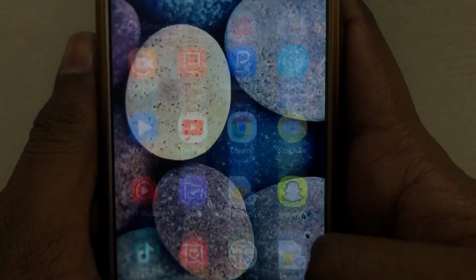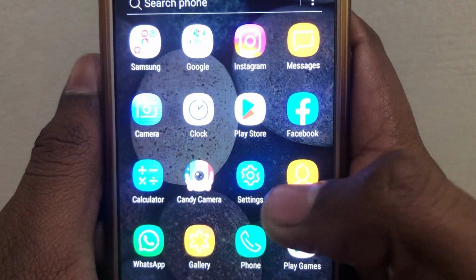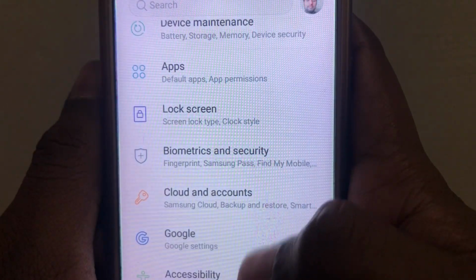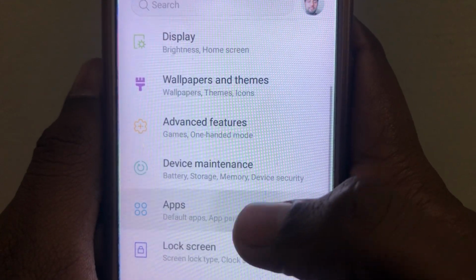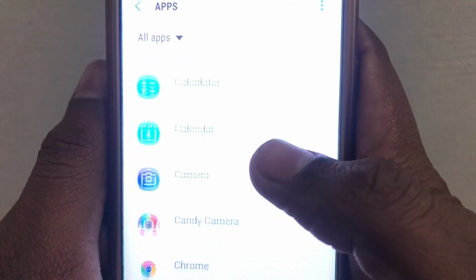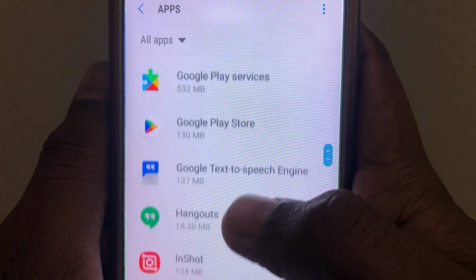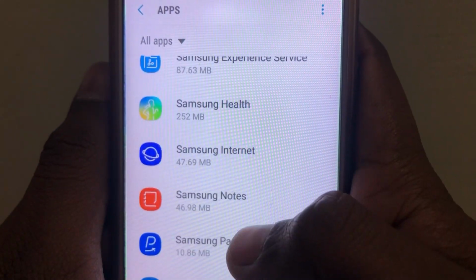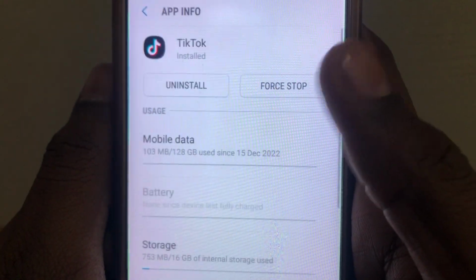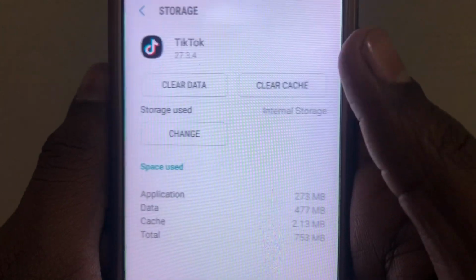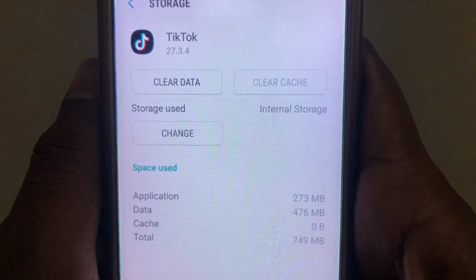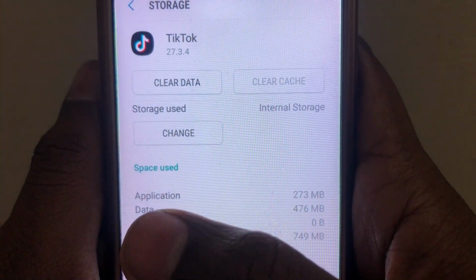For the next solution, what you have to do is click on settings. After clicking on settings, you have to go for apps or application manager. You have to click on that. After opening apps or application manager, you have to scroll down and search for TikTok. Here, you have to click on TikTok and click on storage and clear the cache and data, which means you have to clear the data and cache